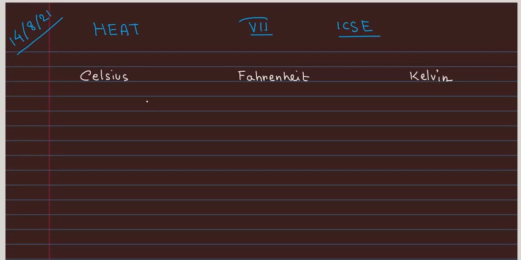I also discussed the representation of these three different temperature scales. For Celsius we write it as degree C, for Fahrenheit it's degree F, and for Kelvin it's simply K. We do not use the degree sign. Among these three units, we in India use the Celsius most commonly, and in certain foreign countries Fahrenheit is used a lot, but it is Kelvin which is the SI unit of temperature. So when it comes to physics, it is Kelvin which we should be concerned about, which is our SI unit.